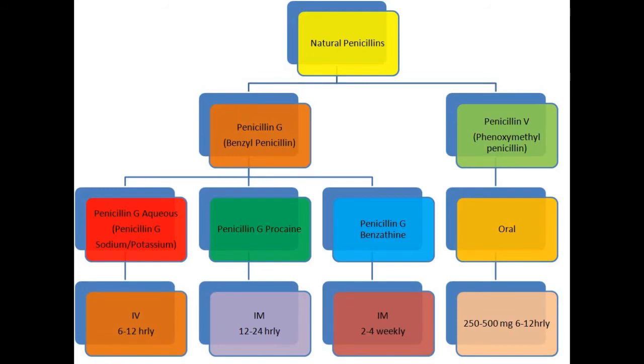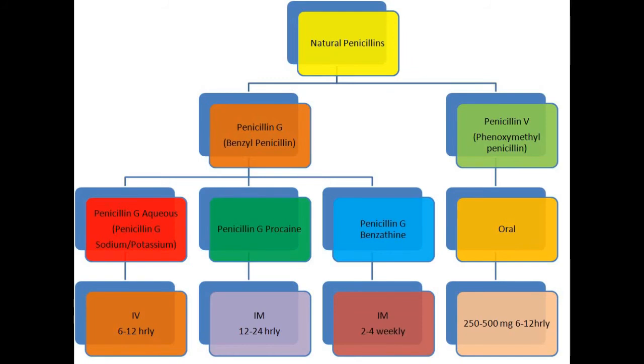The next preparation of benzyl penicillin G is penicillin G procaine. This procaine penicillin is longer acting than the aqueous form, and it is given intramuscularly 12 to 24 hourly. The longest acting penicillin is the third preparation of benzyl penicillin G, that is benzathine penicillin G, and it is given intramuscularly every 2 to 4 weeks. And penicillin V, which is the oral preparation, is usually given in the dose of 250 to 500 milligrams